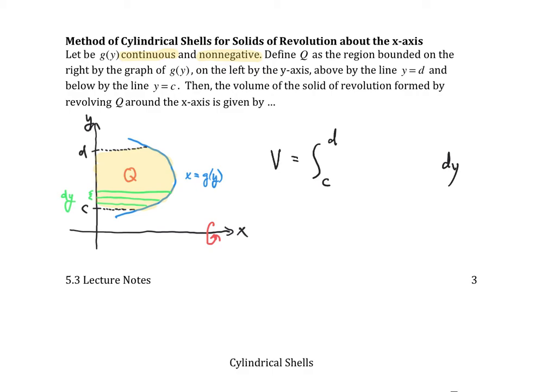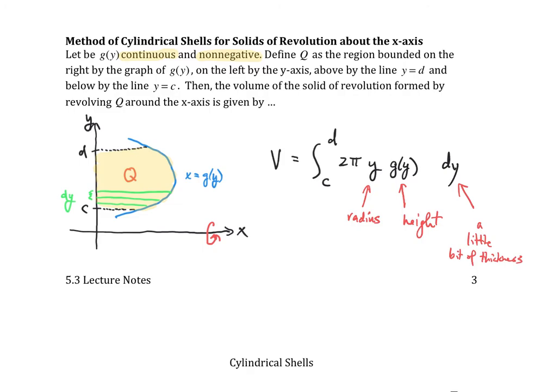And we're going to have a 2 pi, my radius this time is going to be given by the y coordinate, and my height is going to be given by the function value, which is g of y. So this is the radius, and g of y is the height. Okay, and dy is a little bit of thickness. Okay,